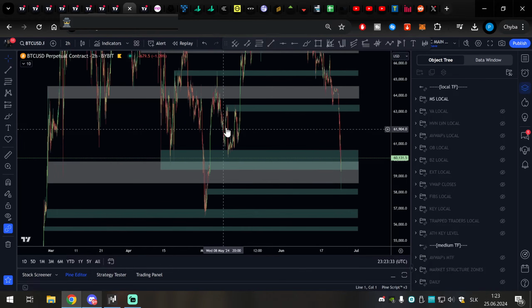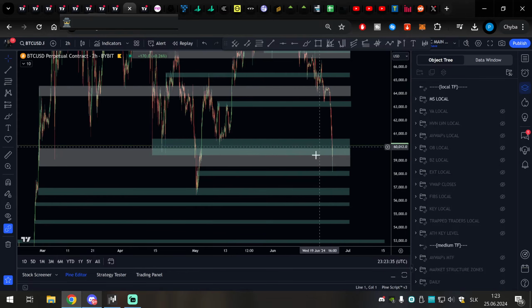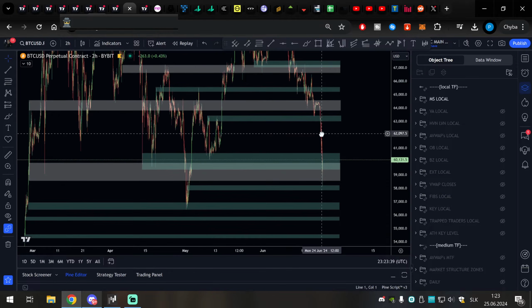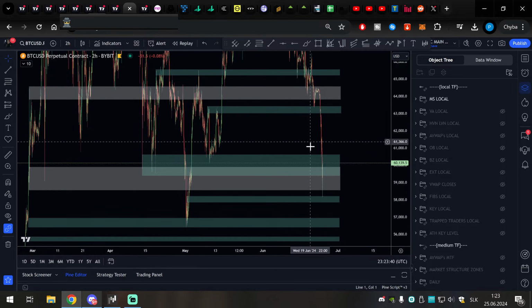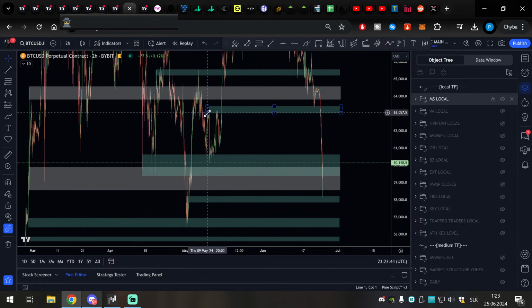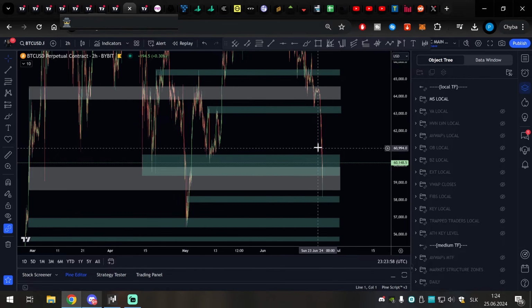So that's one scenario. The key market structures are holding now. Do you see any market structure here? Look here, look at the gap. So 62,900, when I said I will be defensive once we lose the high volume out of the 5x range, and 60,733. So I had no confluence from the market structures here, and that's why the market moved down. The market is just watching my market structures. I'm just joking. It's not, you know, this is objective analysis. Everybody sees there is very limited support here.